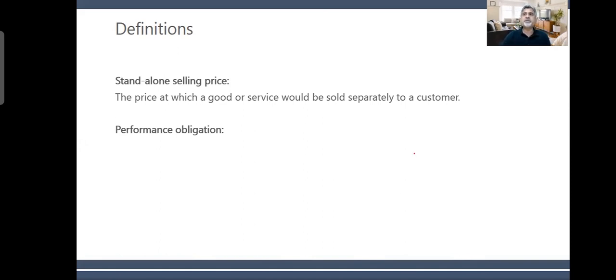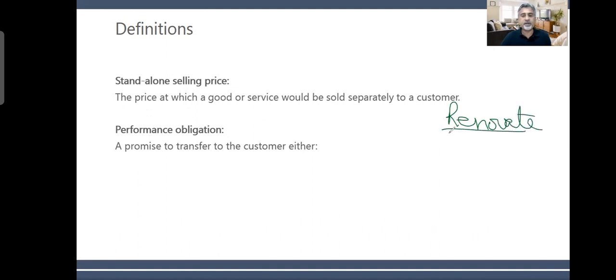Performance obligation means your contract, what you are promising to deliver. For example, when I say that somebody comes in and renovates my flat or my apartment, what were the obligations inside? We call it performance obligation. So what do you promise to do? I'm going to renovate your flat. This is a very vague term, but what happened is that previously under IAS 18, now this is very interesting,